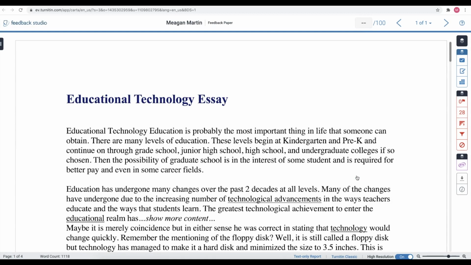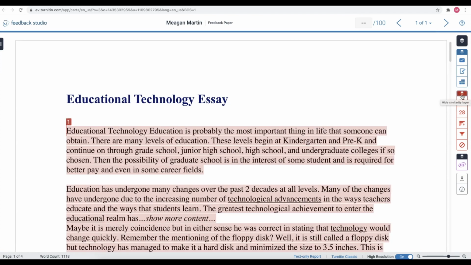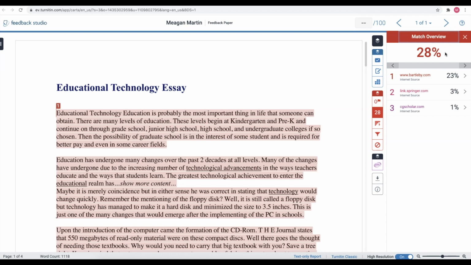Within the Feedback Studio, there are 3 layers or categories of reports. The red layer is the similarity report. The blue layer is for feedback, and the purple layer is for the grammar check if used. First, we will take a look at the similarity layer. If I expand this layer, the first tab displays the match overview, which will show us the top matches or primary sources. I can see 28% of this paper is similar when compared against sources in our databases in the